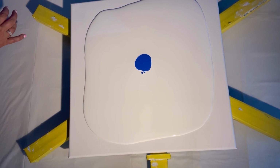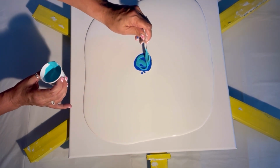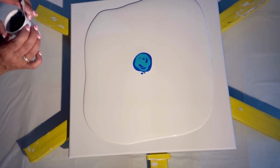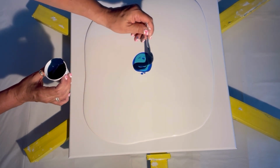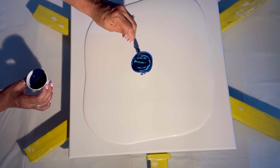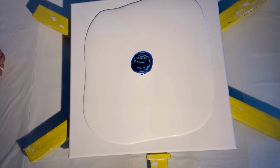And then some Golden teal. So there's teal. And then we're going to do some Vinci Fluid Acrylics in Payne's gray. Gorgeous shade of blue. I think I made it a little dark. Usually I don't add as many drops to keep it a little light, but it's very transparent, so it should be okay. And then we're going to put, this is TriArt